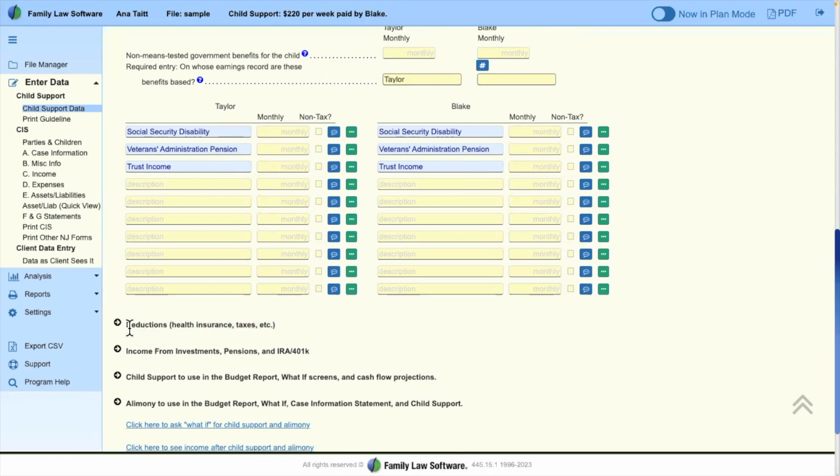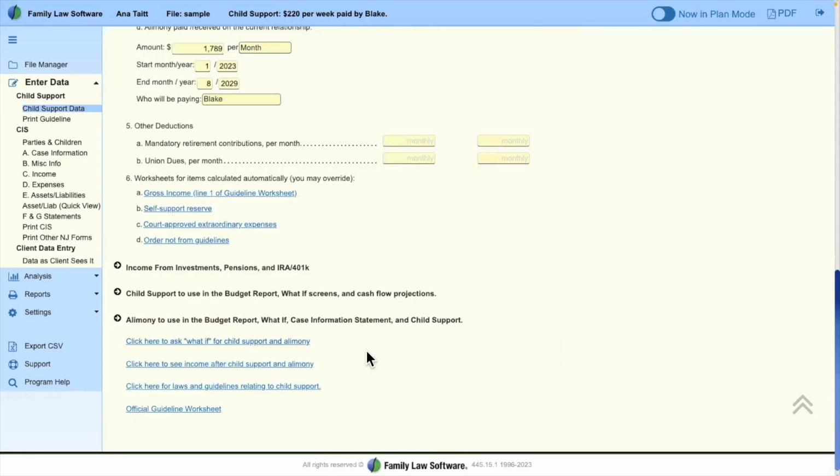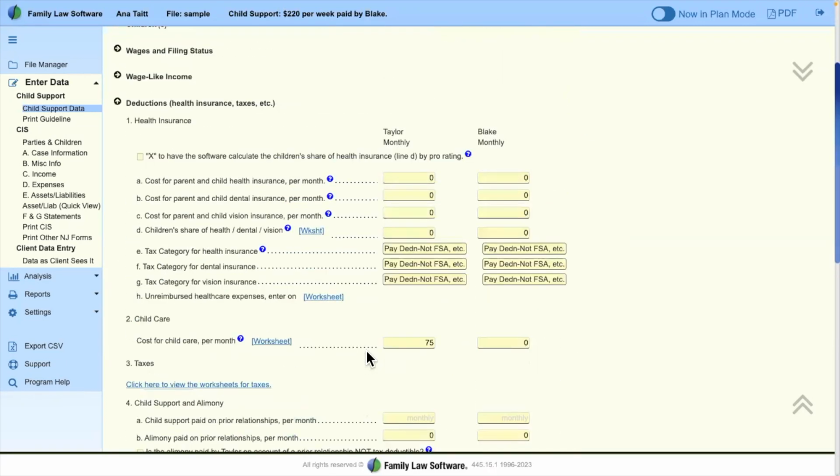All right, so let's go into our last folder that we're going to discuss, which is going to be deductions and taxes a little bit more in detail. So deductions, let me scroll up to the top. Health insurance is going to be the big one. So the program is specifically asking for the cost of the health insurance premiums on a monthly basis. So these are going to be the health insurance premiums versus unreimbursed healthcare expenses, which are going to have a separate worksheet. So let's talk about here, we break down health, dental, and vision,